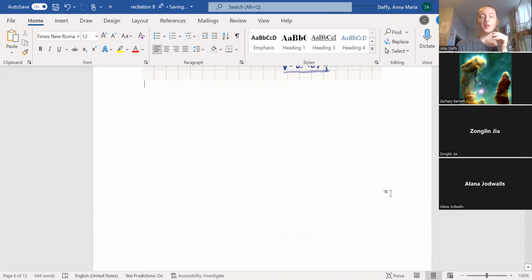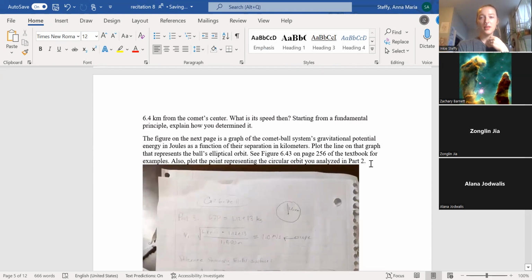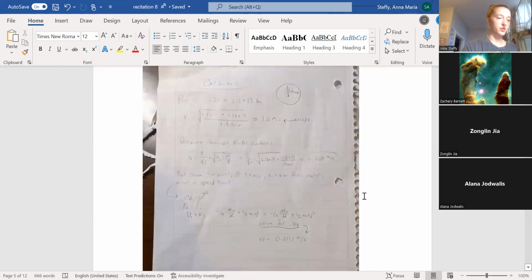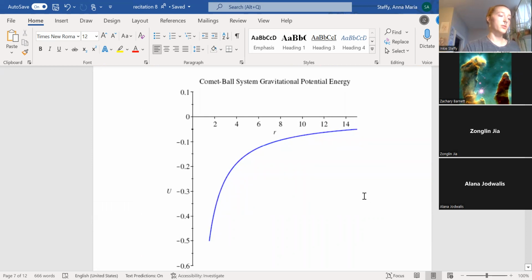Okay. I think we have to plot something now. So hold on. Plot the line on the graph that represents the ball's elliptical orbit. The point representing the circular. So we have to do part 3 and part 2. Oh, okay. So in part 2, whenever we throw the ball, it is basically just skimming the surface. And this is distance from,